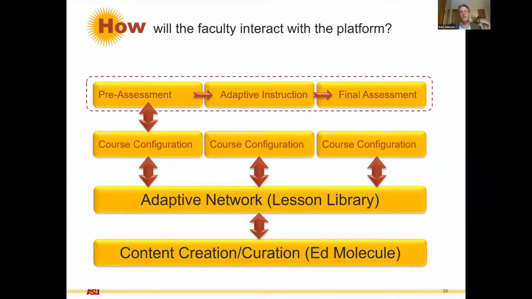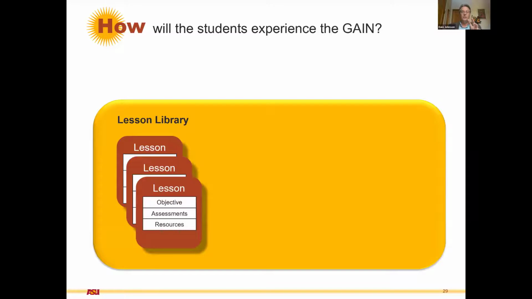And then finally, you're into the course and you have 3 major steps here. You have pre-assessment, figure out where the students are in their current learning, adaptive instruction, and final assessment. You have to be able to have academic integrity. So we want to be able to say students have mastered these lessons that we've developed. All of that gets compiled into the structure that the student experiences.